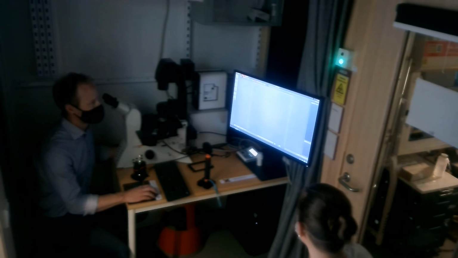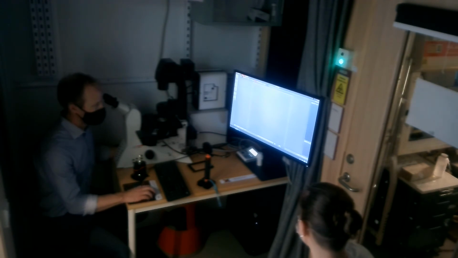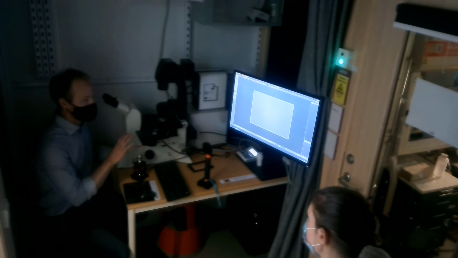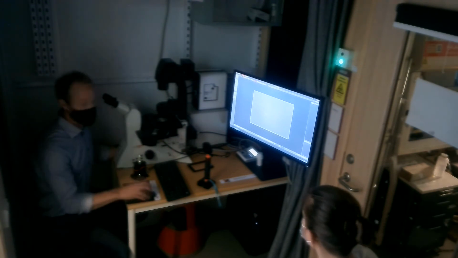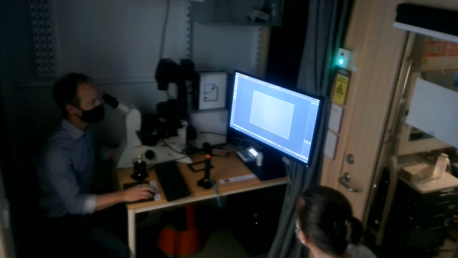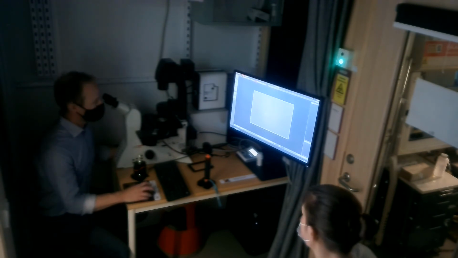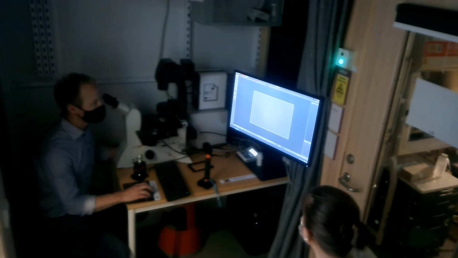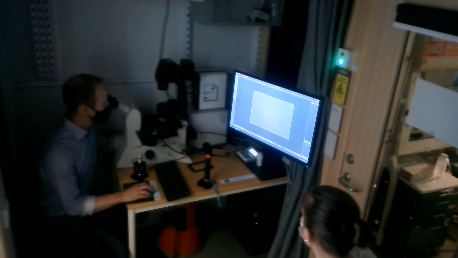So this is now the viewer. If I scroll out here, using the scroll wheel, I'm going out, and here we see another rectangle. This rectangle is the total travel space of the stage. So this defines the travel range of the stage, meaning that in theory we could have sampled anywhere within this travel range. This here is our current field of view. So this is where we are, the position, and with the 5x, this is the size of the field of view. If I move this to the 20x,